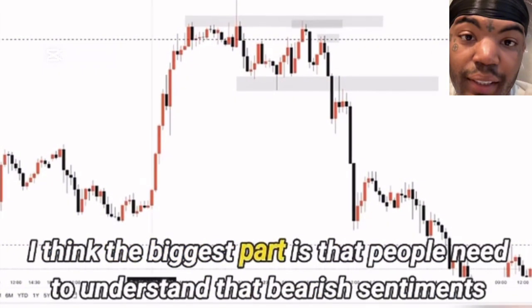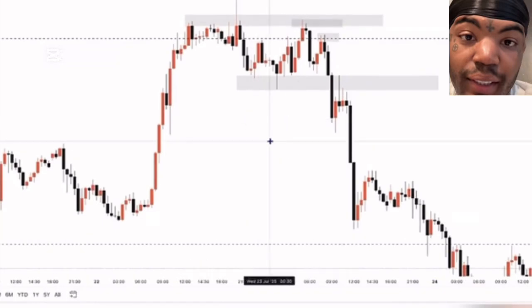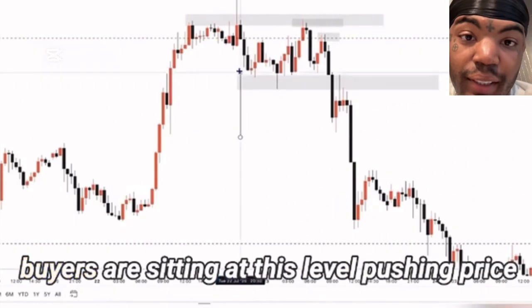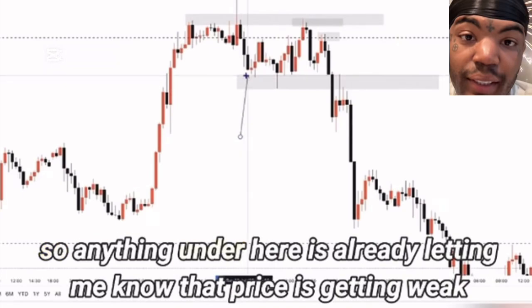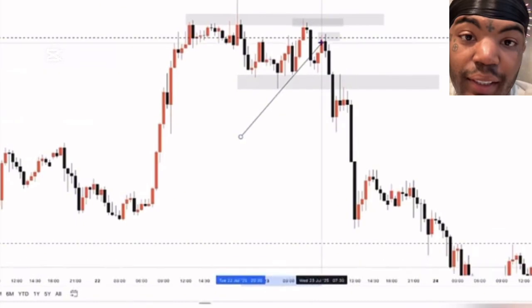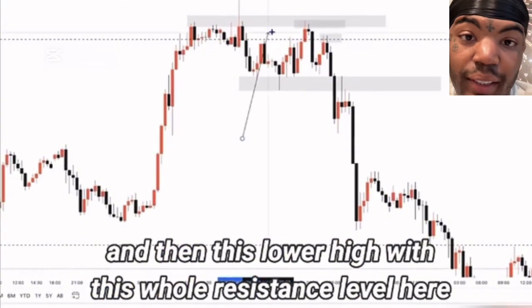I think the biggest part is that people need to understand bearish sentiments. So in this case, we're going to explain bearish sentiments. Basically what I mean is there's a support here. Buyers are sitting at this level, pushing price back up in a different direction. So anything under here is already letting me know that price is getting weak, right? But when you also tie in the previous movement, like this lower high and then this lower high with this whole resistance level here,